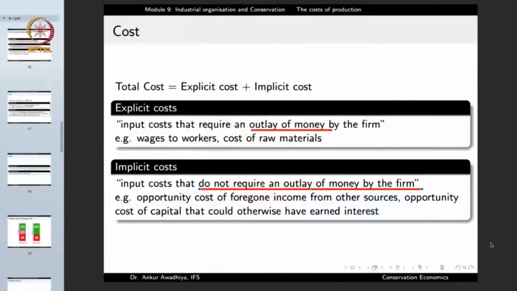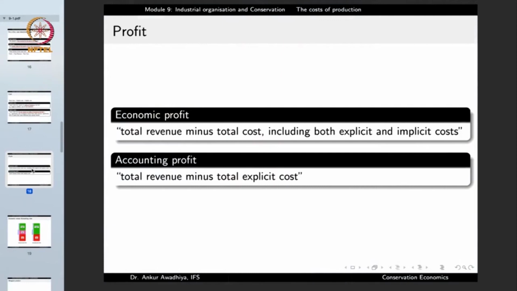So this is a cost that this person is paying, but this is not a cost for which the firm will put up an outlay of money. So this is an implicit cost. And depending on whether we include the implicit cost or not in the computation, we have two different kinds of profit. Now, economic profit is defined as total revenue minus total cost, including both the explicit cost and the implicit cost,